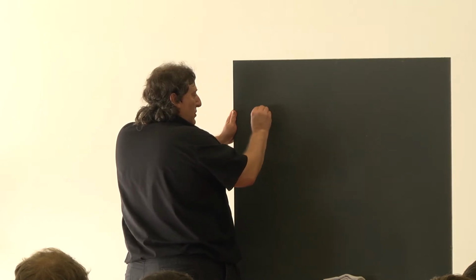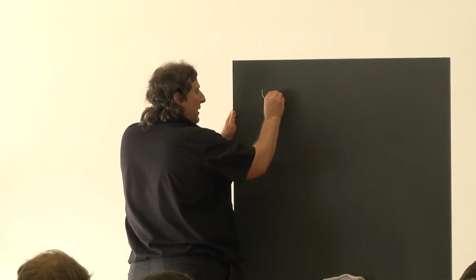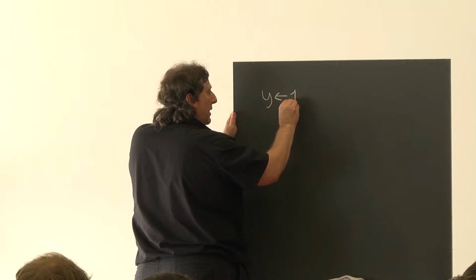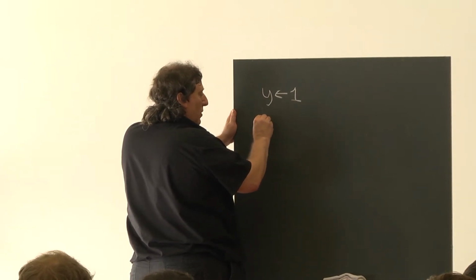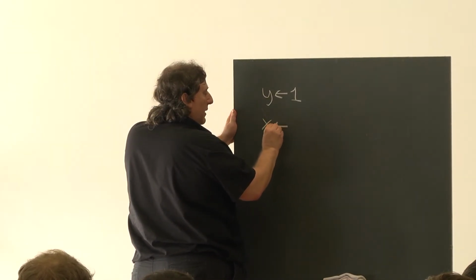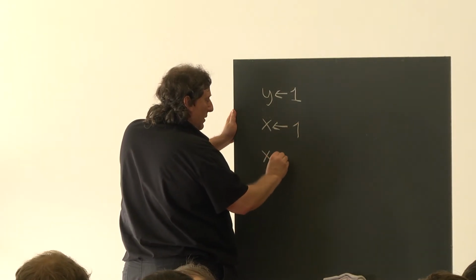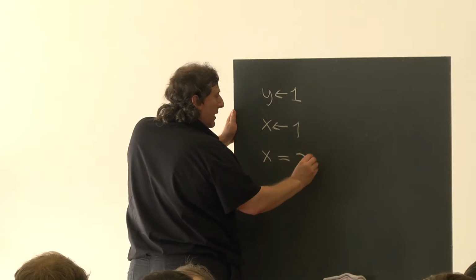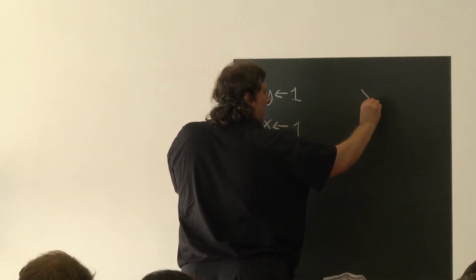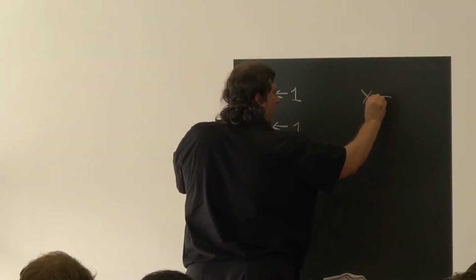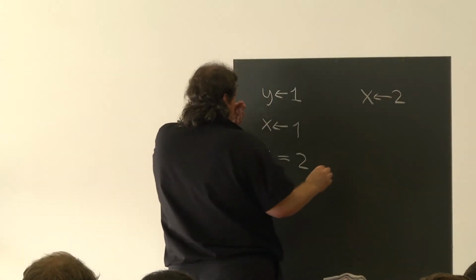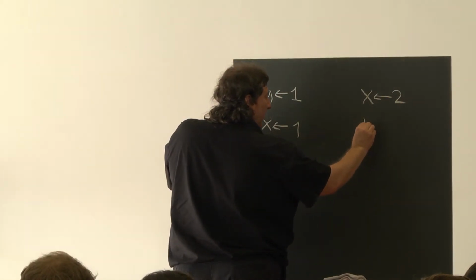So suppose you have a thread that first stores 1 in y, and then he stores 1 in x, and then he reads x is 2. And the store of x getting 2 comes over here. And now,